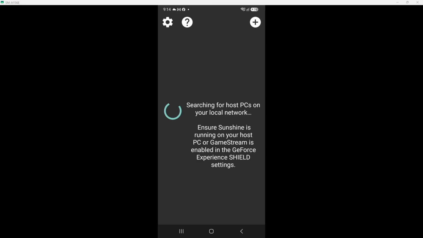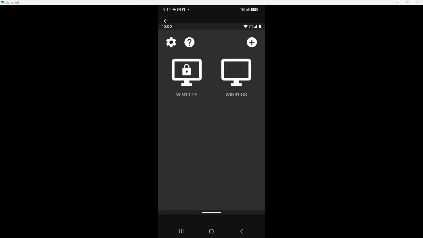Finally, follow the on-screen pairing instructions to start streaming your games or desktop. Once you've completed the previous steps, the app will guide you through pairing your Android device with your PC. This usually involves entering a code or confirming a connection. This final step is what makes your gaming experience portable and enjoyable.